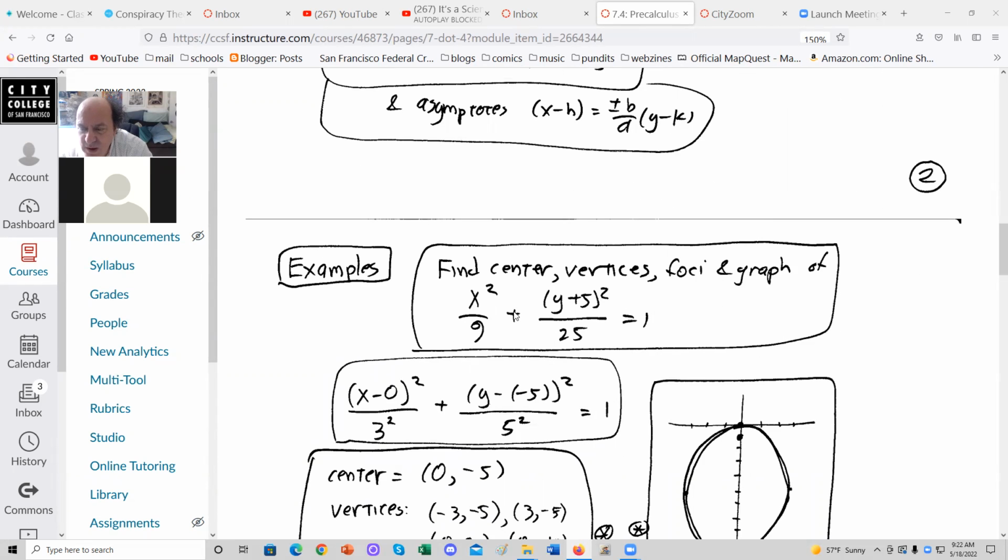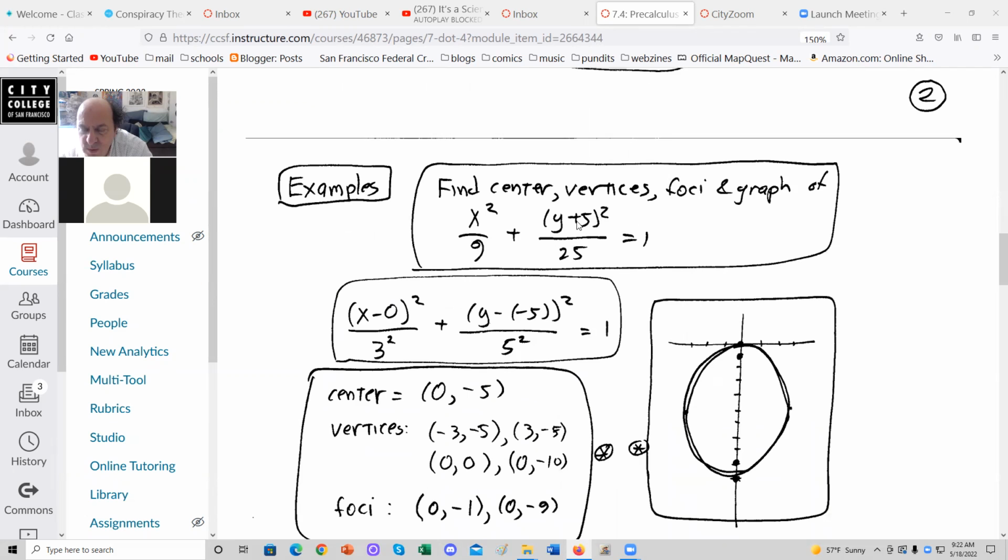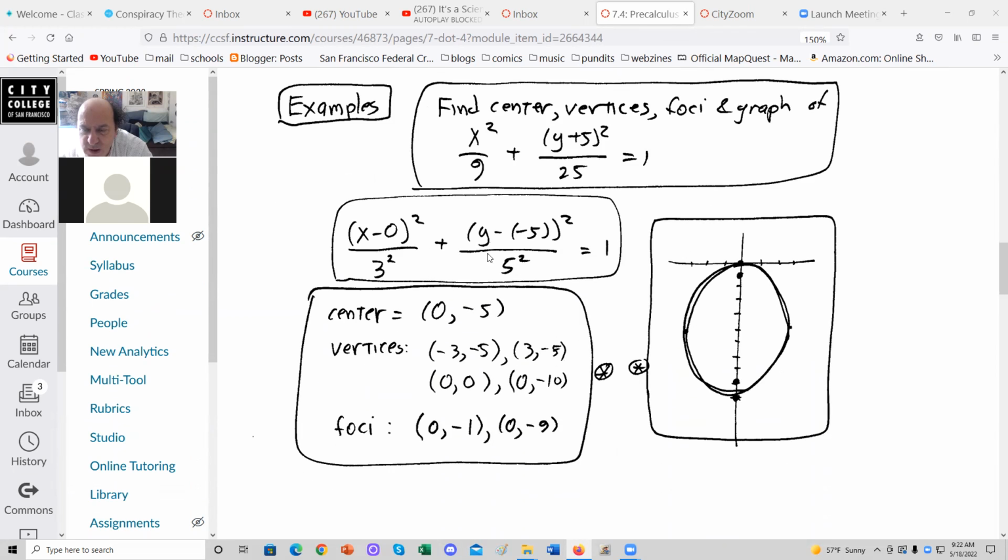So for example, here's a case of x squared over 9 plus y plus 5 squared over 25 equals 1. Well, y plus 5 is y minus negative 5, and x is x minus 0. 9 is 3 squared, 25 is 5 squared. So we write the center as 0 by negative 5, right there. The vertices will take the 0 and add and subtract 3. So negative 3 by,